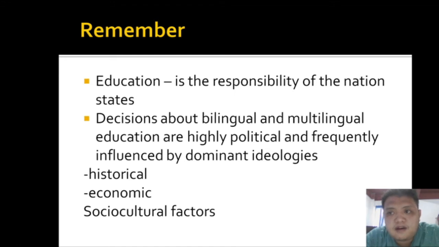Now, if you think of it, the official language of the Philippines is Filipino, and how come? What made them decide that Filipino should be the national language of the Philippines? Does it have something to do with historical, economic, and social cultural factors? So those are the questions that we have to raise when we are looking into the concept of multilingual and multicultural